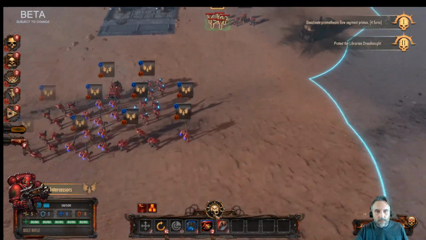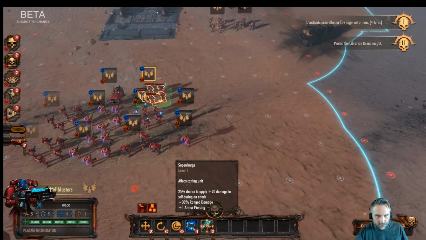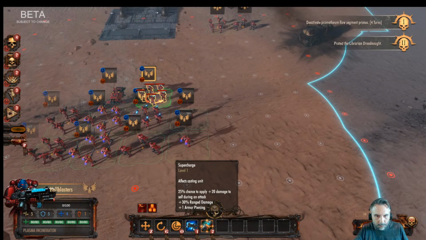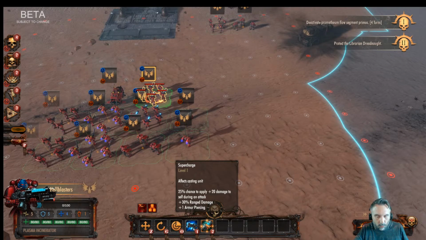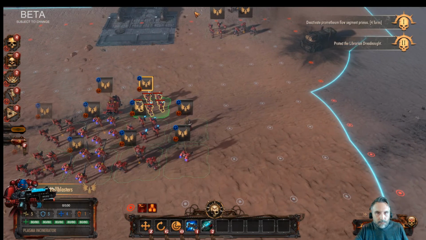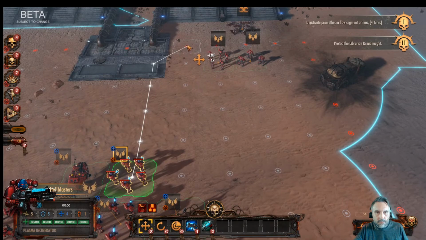Now then, let's look at these Hellblasters. What's their deal? They've got Supercharge, which affects the casting unit. 25% chance to apply plus 20 damage, 30% range damage, and plus 1 armor piercing. Then they've got this Plasma Incinerator. Oh, hell yeah. Let's go use that. All right, so let's move these guys down here. Might as well get them almost as far as...